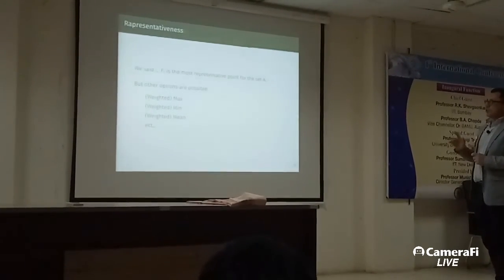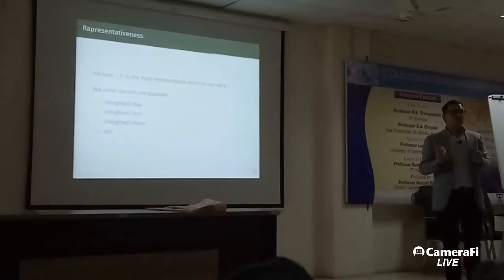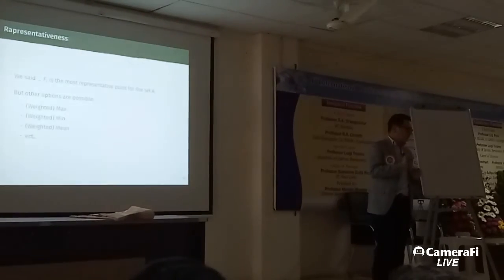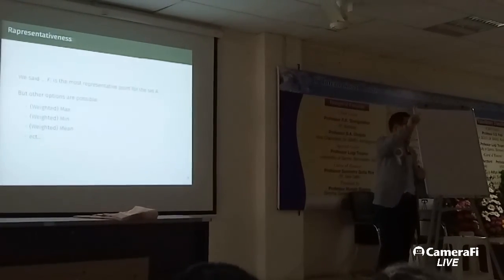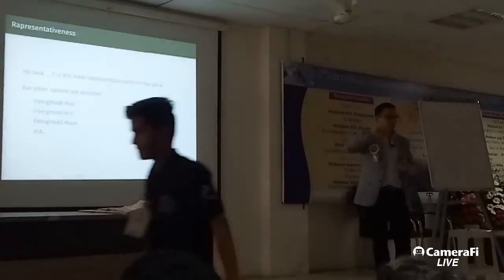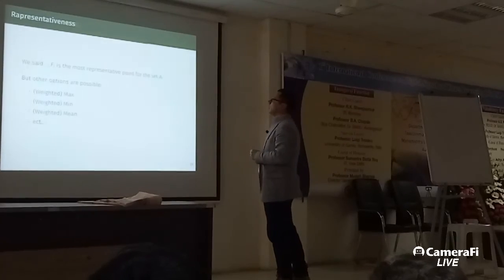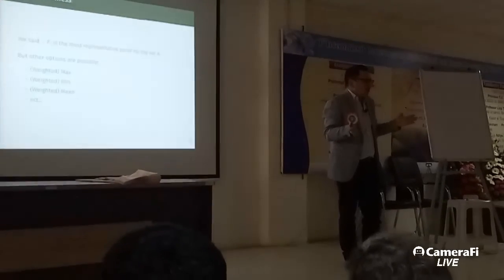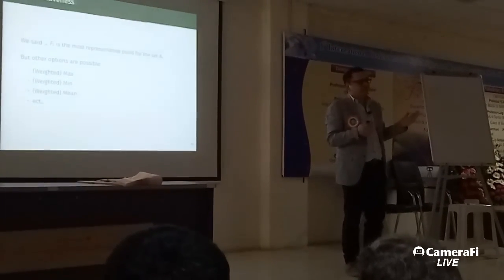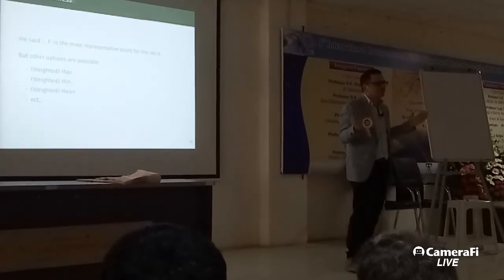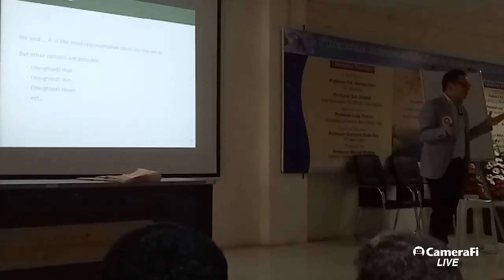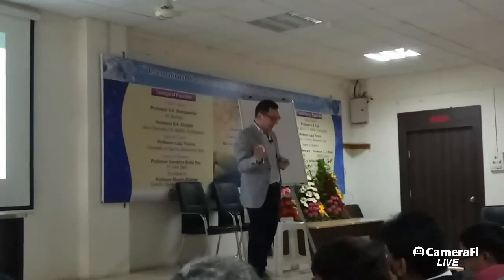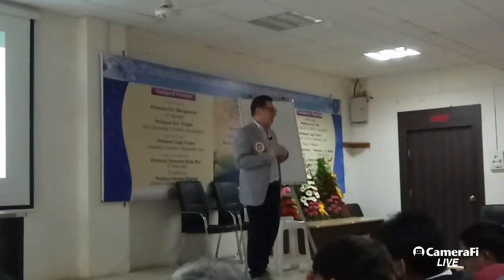Okay, let's speak just a few words regarding representativeness of points. We say that Fi is the most representative point for the function along the set. Remember the graph that we saw before with the red curve? Okay. Are we sure that it's the most representative one? Actually, we are just making a weighted mean that from an engineering point of view is good, because it works fine. Because if something is more important, it should weigh more. If something is less important, it should weigh less. Let's make an average, and everything will work fine.